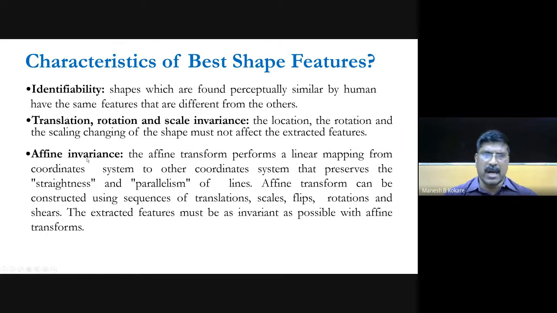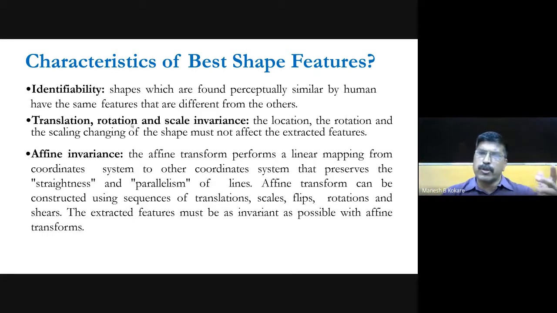The third thing is that we can consider shape features best if they have the property of affine invariance. What does affine invariance mean? Suppose you have an object, and you map this object from one coordinate system to another coordinate system, and then you extract the features.